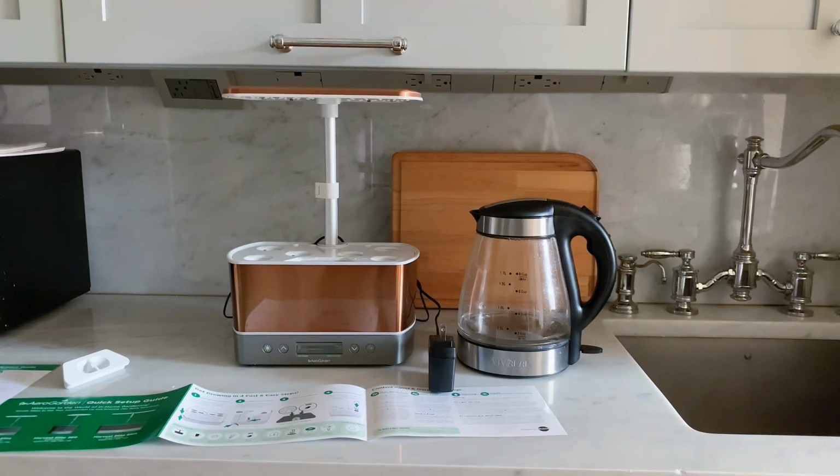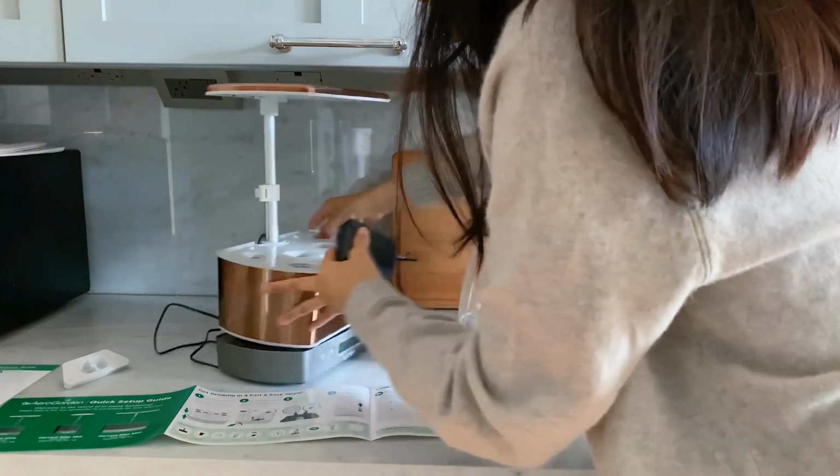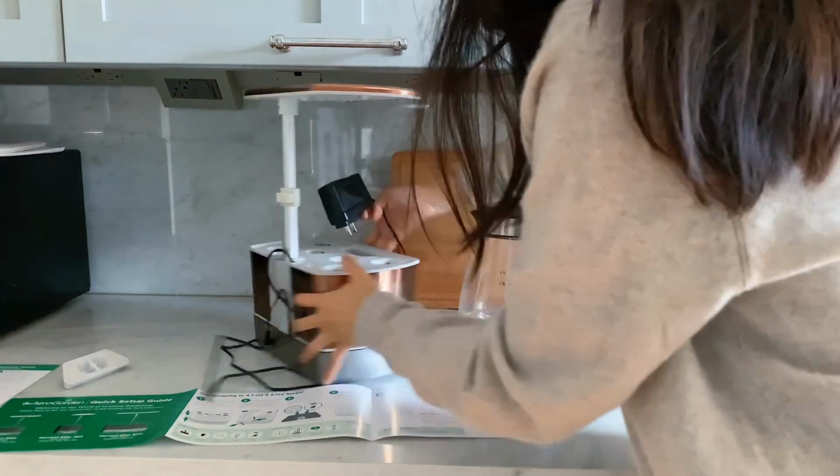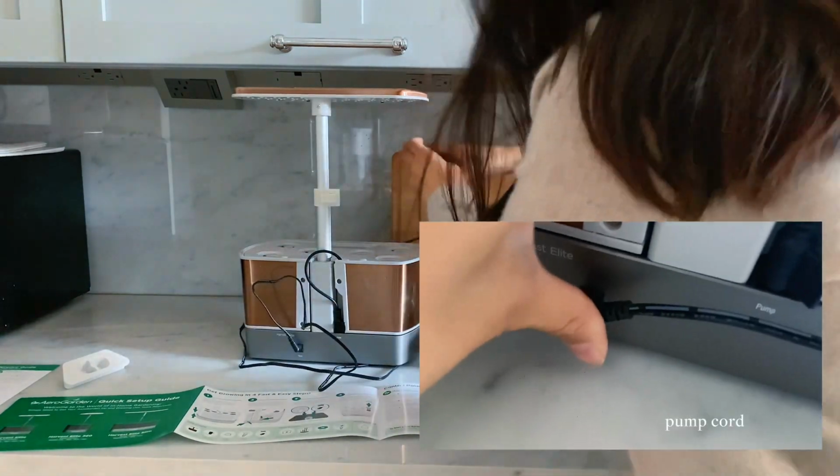Okay, so I just brought everything over to the kitchen. I'm pretty sure this is where I'm going to keep it permanently, so I thought it'd be easier to do all the setup and then not have to worry about moving it with water sloshing everywhere. So first step is to just plug it in. Plug it in the back. Right here, you plug it in, and now I'm going to